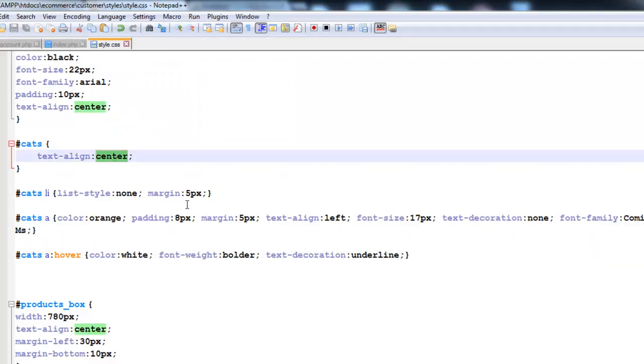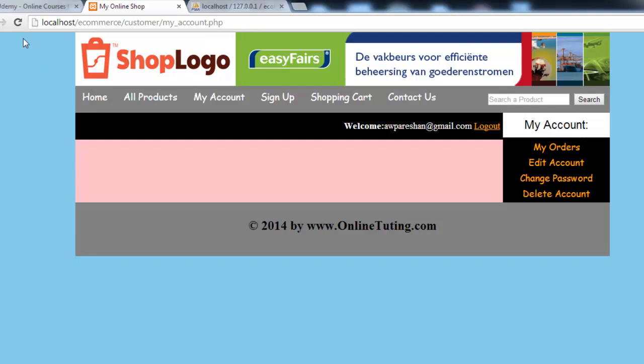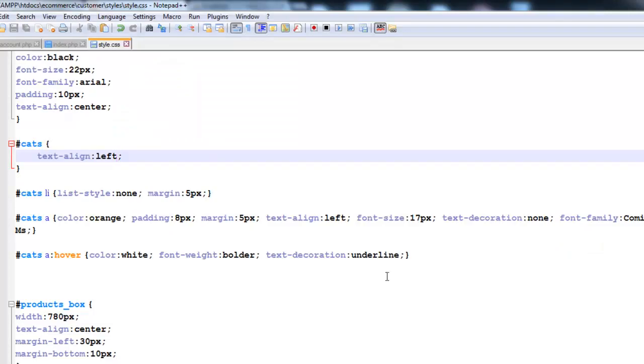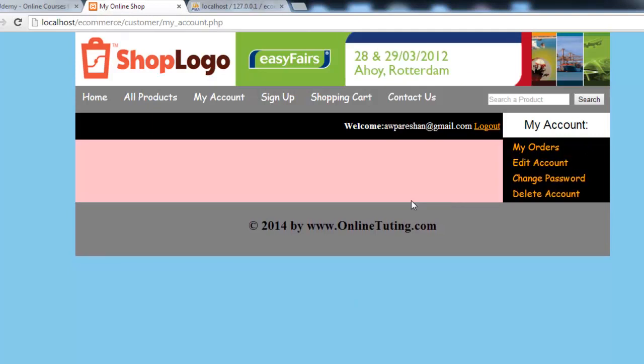okay, here is the center. Instead of center, we will align it left, and Control S to save. Come here and you can see. But before the orders, we can show the picture of the person here. That is also important, but we will do that. I mean, showing the picture here and adding some data here, so that we can do in next video lecture,